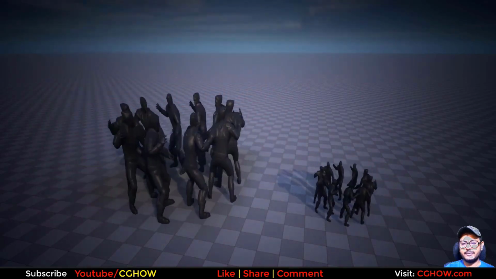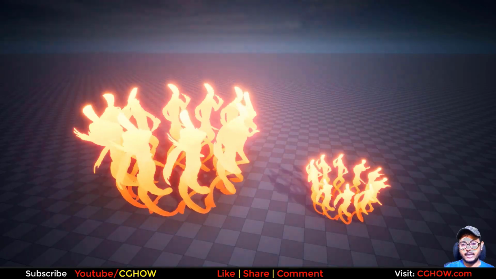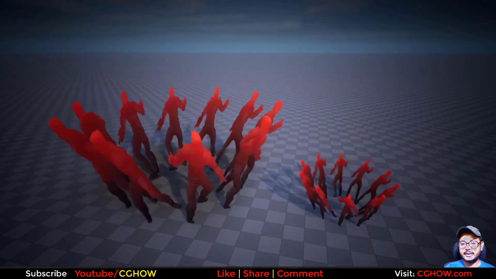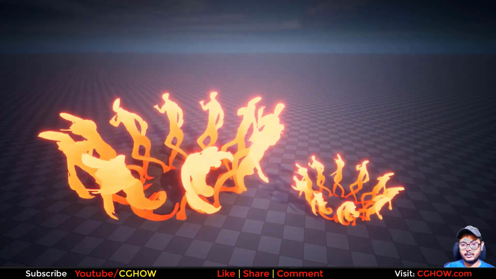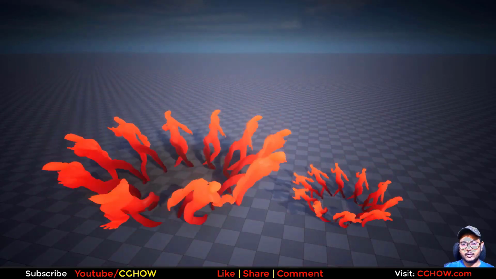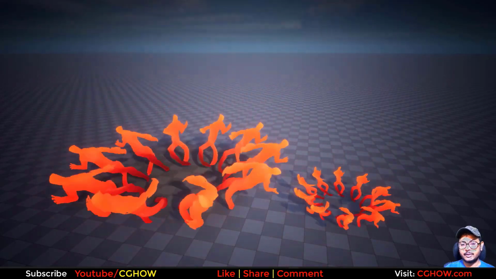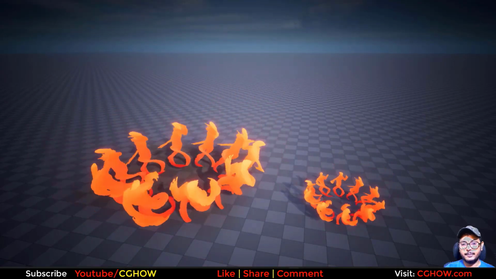Today I create this very basic effect using rotate about axis in the material. So this twisting is through the material, rotate about axis. And I'll show you some useful tips that you can use so you can make these type of effects in